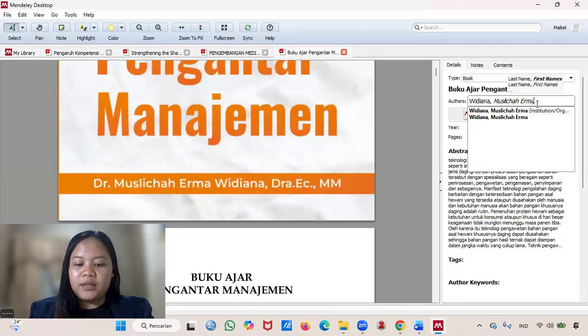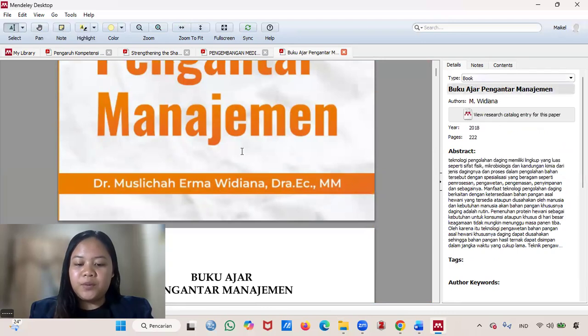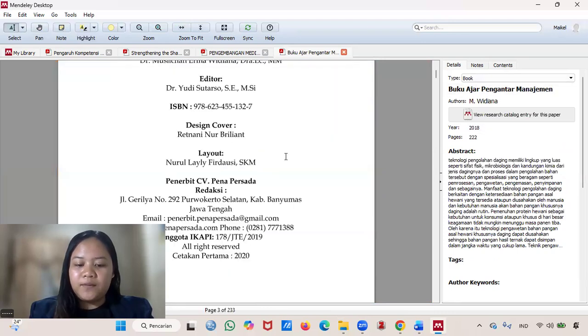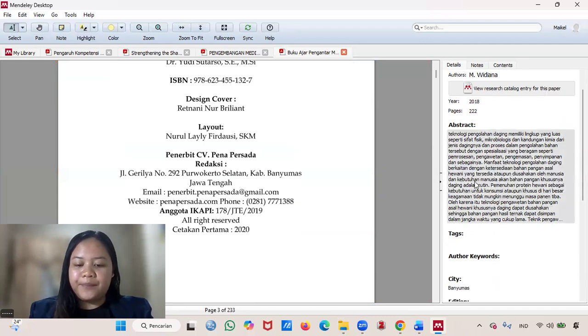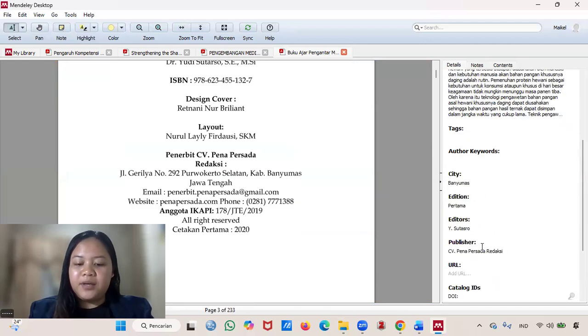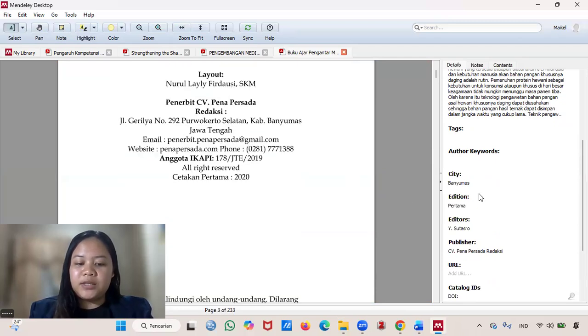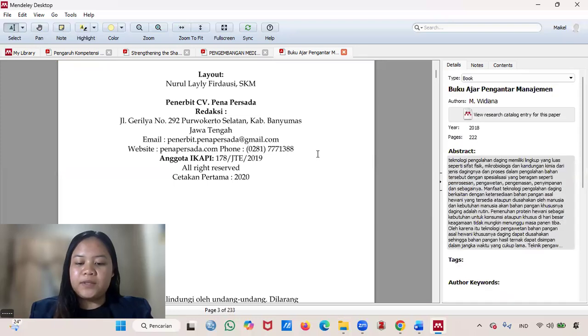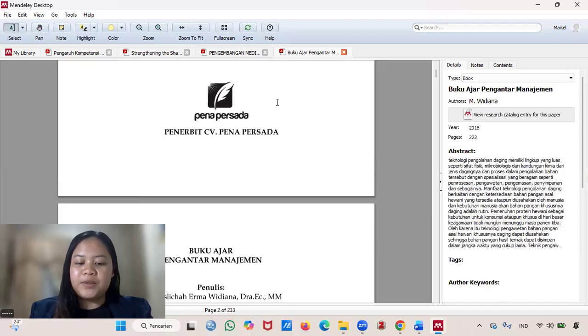In addition to the title and author, make sure the publisher and year are filled in. If the information is available in the book, it's a good idea to also manually complete the city and edition fields. This ensures our citation is perfect and follows proper citation standards.